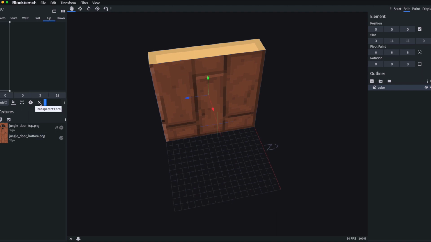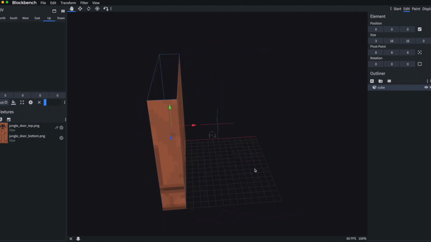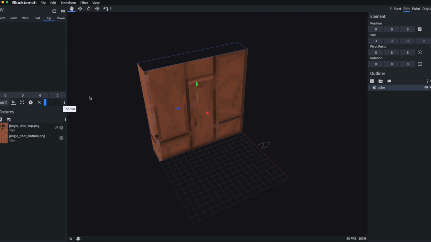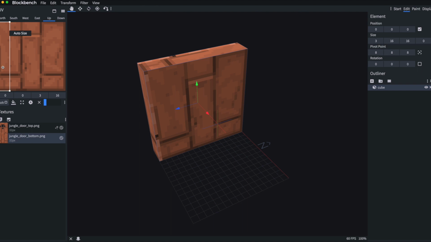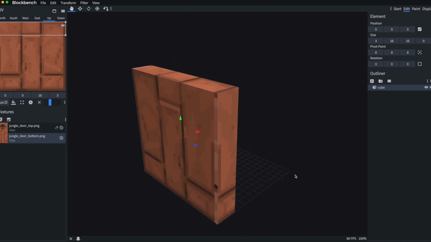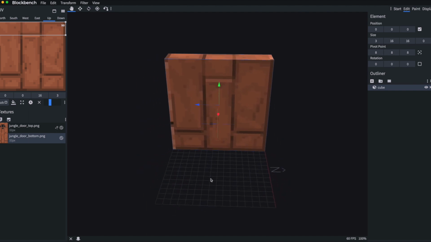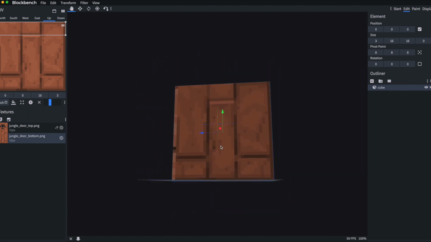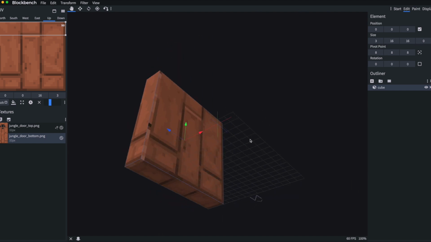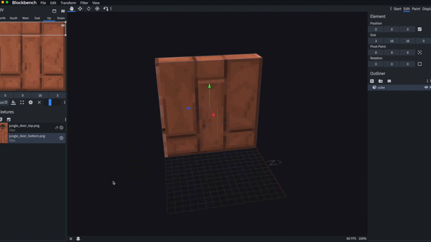Okay, so the top, you can have it be a transparent face. Actually, no, you don't want it to be a transparent face. We want it to have a texture. So we want it to be 3 wide. We want to rotate it. And there we are. We have our first of 4 models. Now, in Mcreator itself, we will be changing the